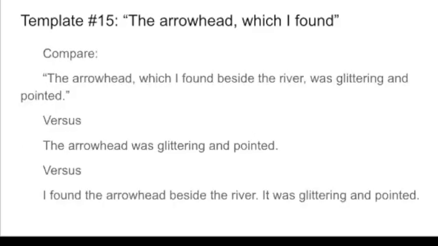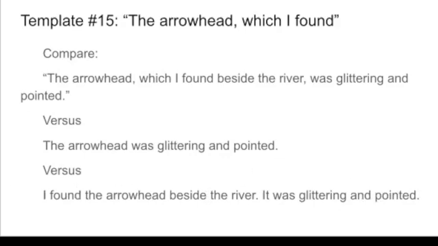So let's compare the difference. The arrowhead, which I found beside the river, was glittering and pointed. If we didn't have it, it would just say the arrowhead was glittering and pointed, and there would be less. But there's another way, and this is the most common in student writing. I found the arrowhead beside the river. It was glittering and pointed. And so this is also correct to put it in two separate sentences, but we're going to talk about why